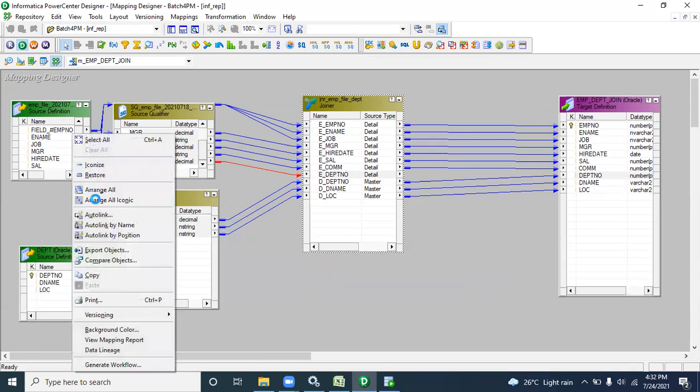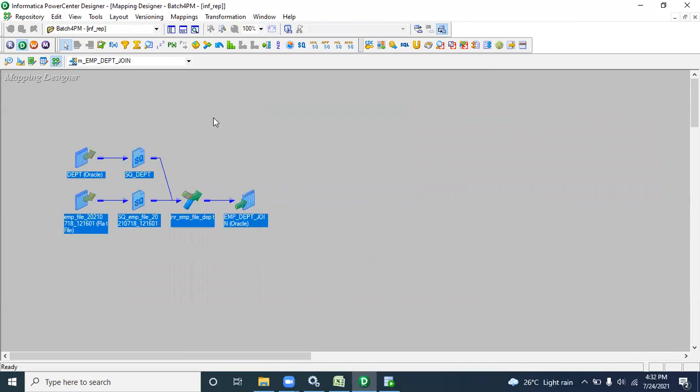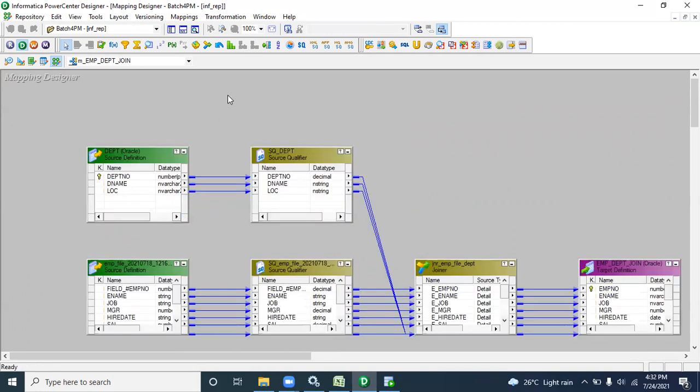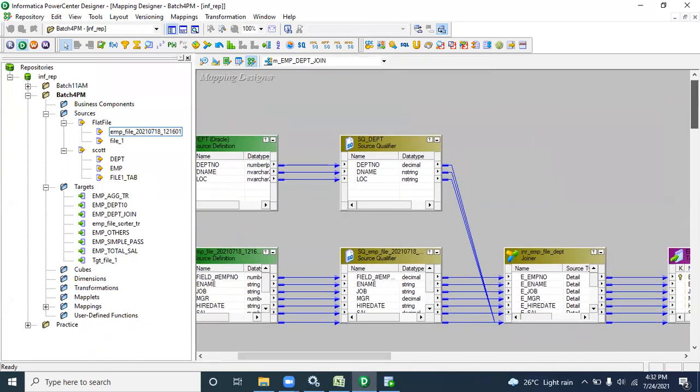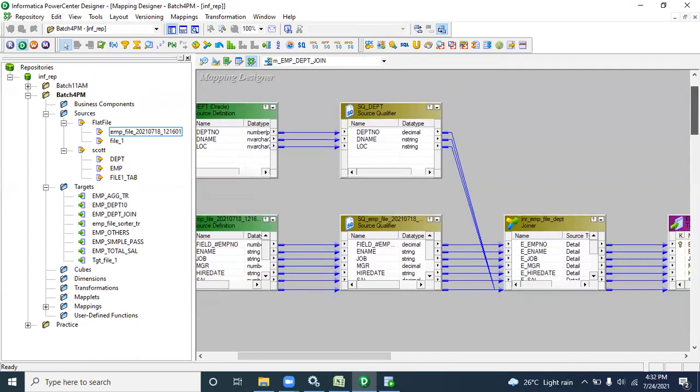In this manner you have to join. It looks like this. Is it understandable? Yes. So this is how you can join multiple sources; now we are joining Oracle and the file system, right?